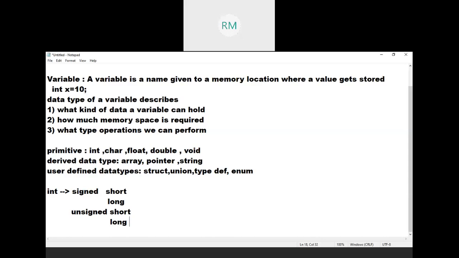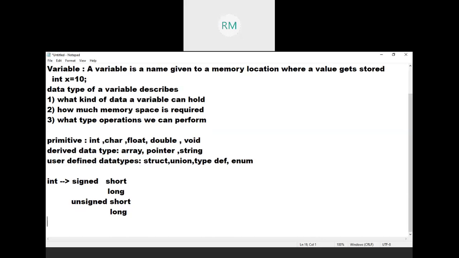By default, any integer type is signed and short. For example, I declare int x equal to 10. Here no modifier is specified, so I simply declare int x. By default, it is signed and it is short.